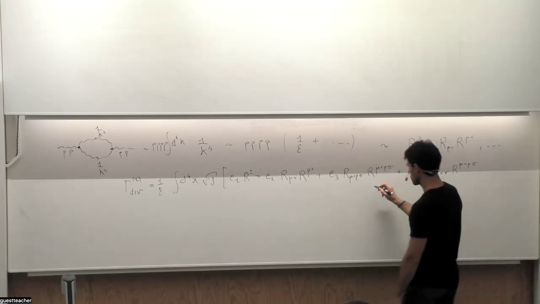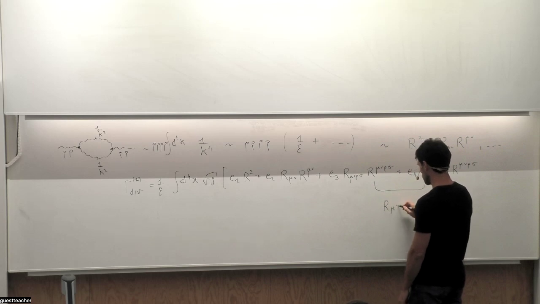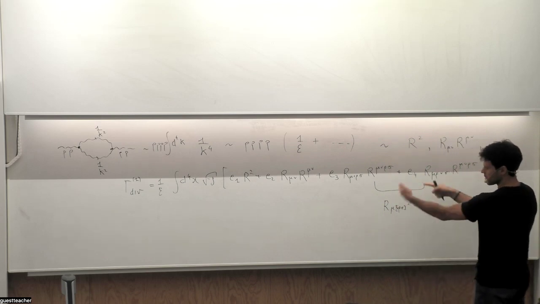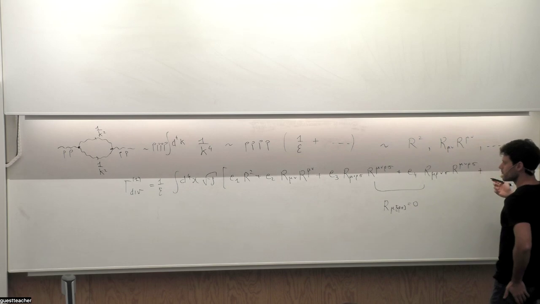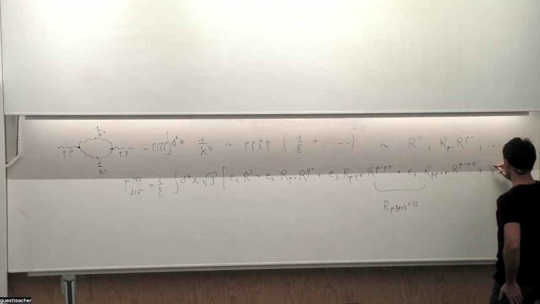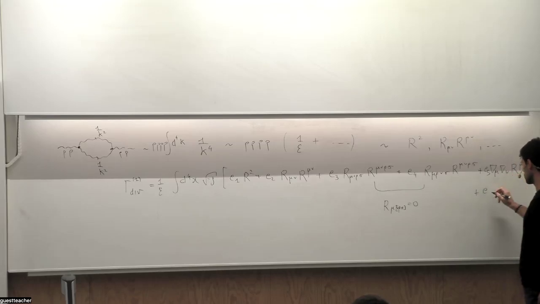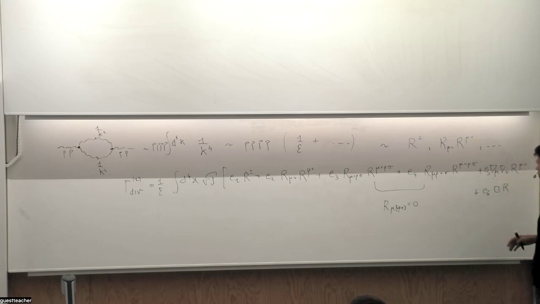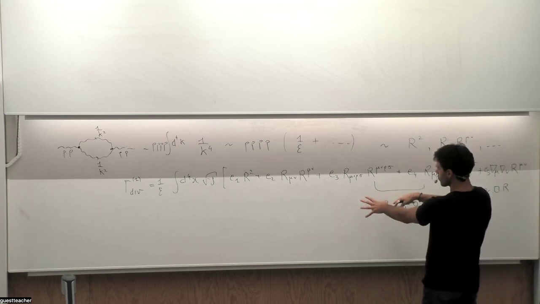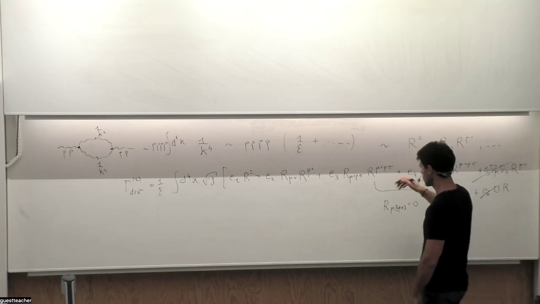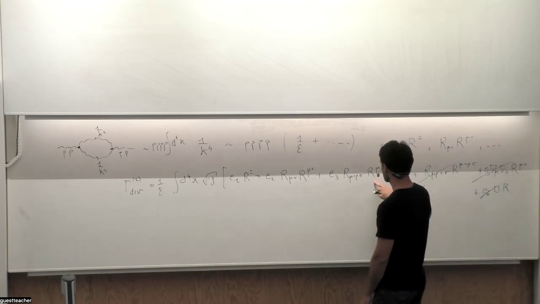But actually, these two are related by this type of Young identity. I don't know if it's called Young identity, maybe. Okay, you can use these to basically relate these two. Then you could also have some divergence of this type, right? It's still four derivatives, but this is a covariant derivative. Or you could, but this is the total derivative. So you could also have something like this. This is still two derivative, four derivative, but also this is a covariant derivative. So basically, from what I said, you can already remove these three up to covariant derivatives. And the